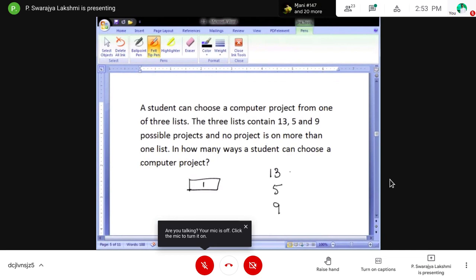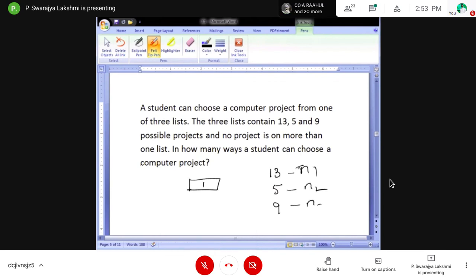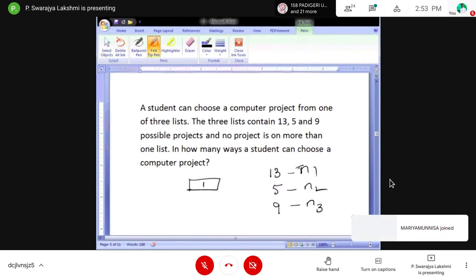Let these be n1, n2 and n3. And no project is on more than one list. So we need to select only one project, not more than one. How many ways can a student choose a computer project? How many possible chances do they have to select?